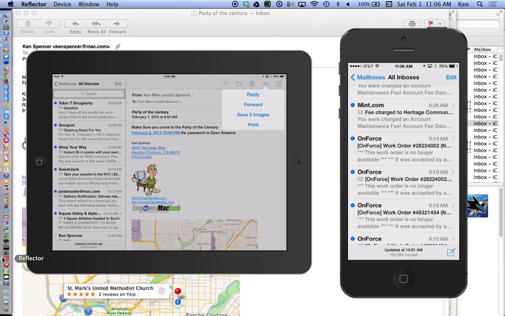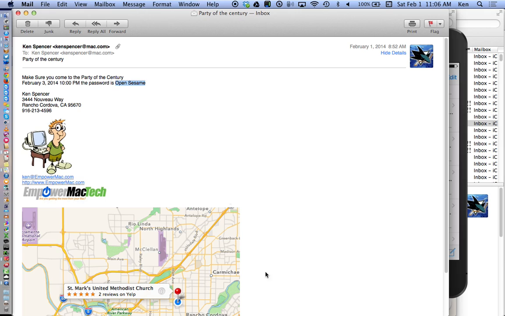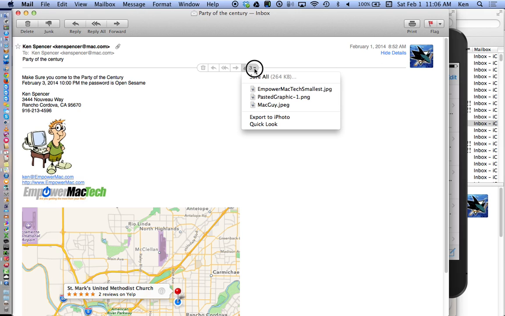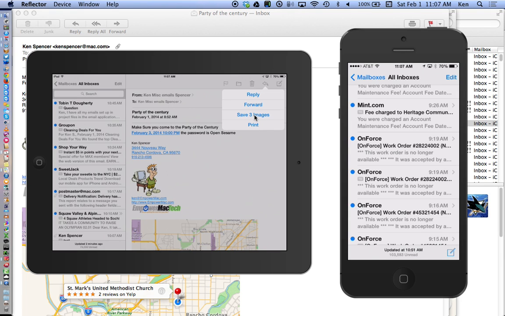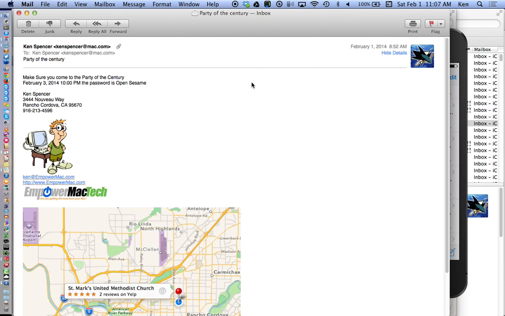Save 3 images. Now this is interesting. If I want to save those images to my photos, or let's go to our Mac, and if you hover over here, I can export those 3 things to iPhoto from my mail. People send you photos in an email, right? I can go to the iPad and click Save 3 Images. It saves it to the camera roll on your iOS device. And on your Mac,